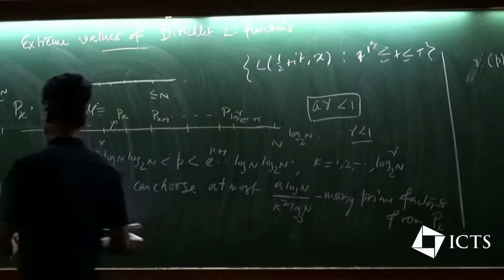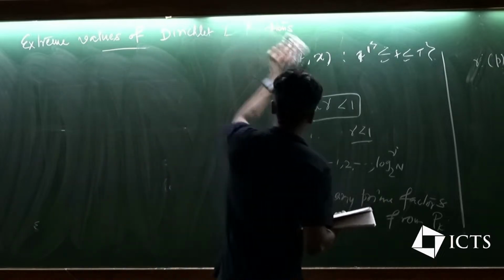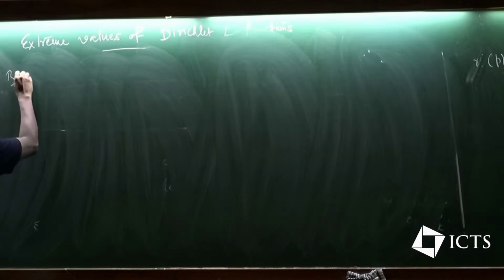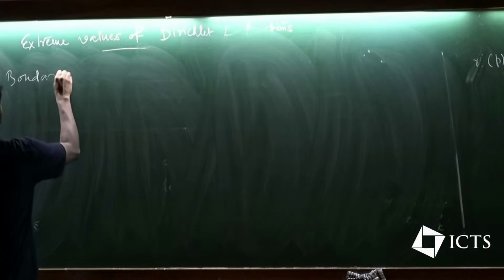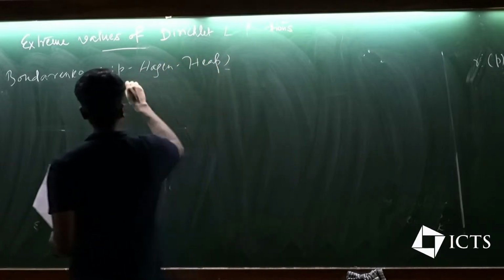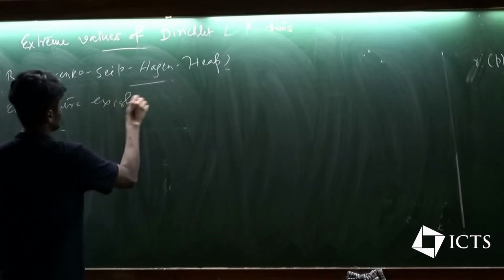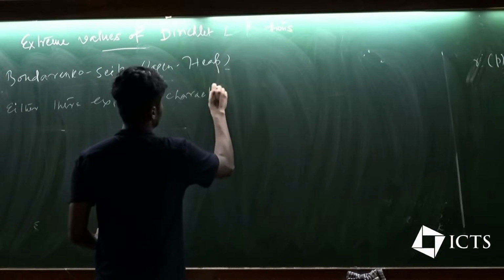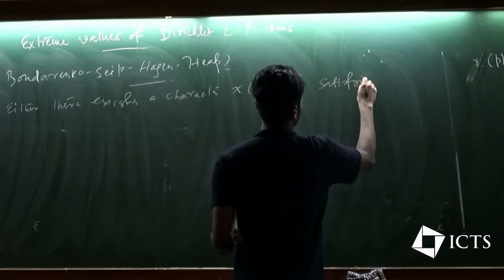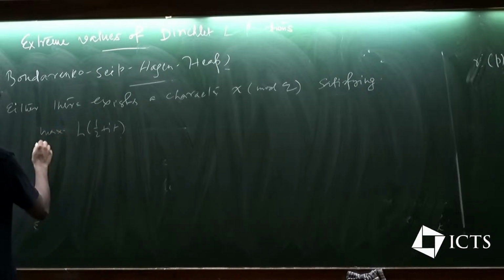So we have some kind of theorem. In 2022, 2023, we proved, this is joint work with Bondarenko, Seip, Hagen, and Heath-Brown, that either there exists a character chi mod q satisfying L of half plus it, maximum of this quantity,